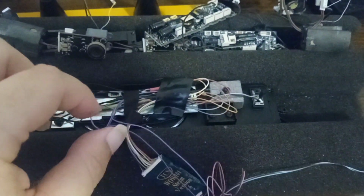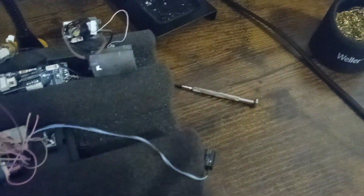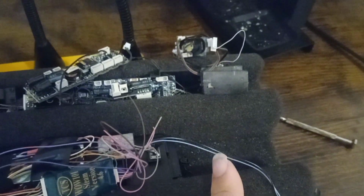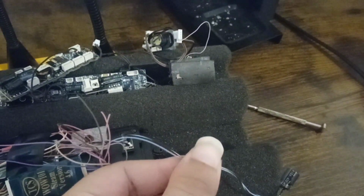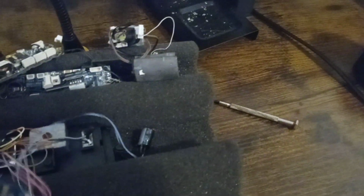Alrighty, so now that we got the tender open, I'm not going to replace this part right here. I already got the wires hooked up right here for the speakers. So what I'm going to do is splice the wires off of the kit right here with the Keep Alive 3. I'm going to splice the black and white wire and the light blue wire off, and I'm going to reattach it to here. But before I do that, I'm going to get a resistor, and what I'm going to do with that is put the two blue wires together, one go into the decoder and one go into the Keep Alive, splice them together, and then I'm going to have them soldered to the resistor,